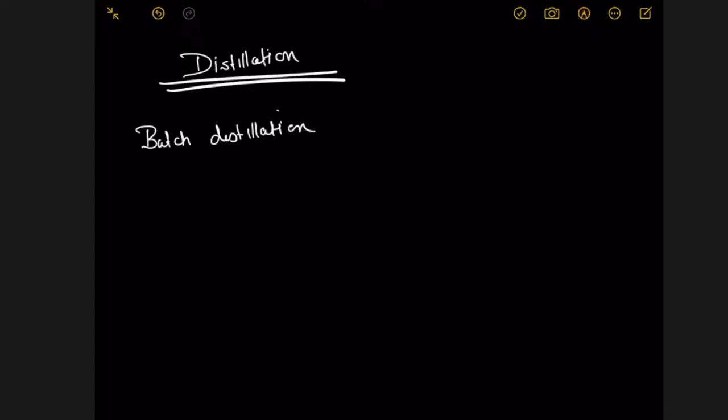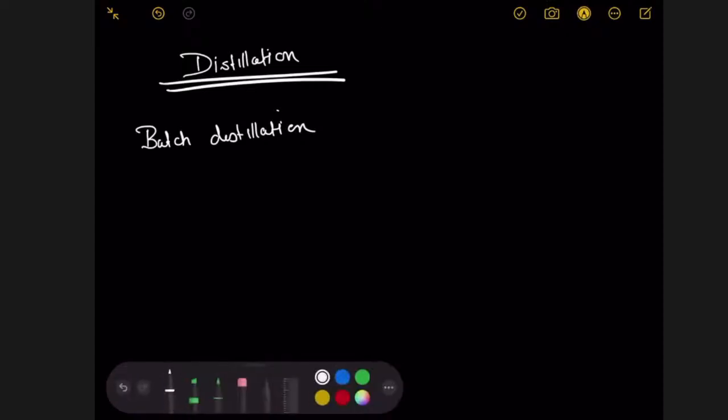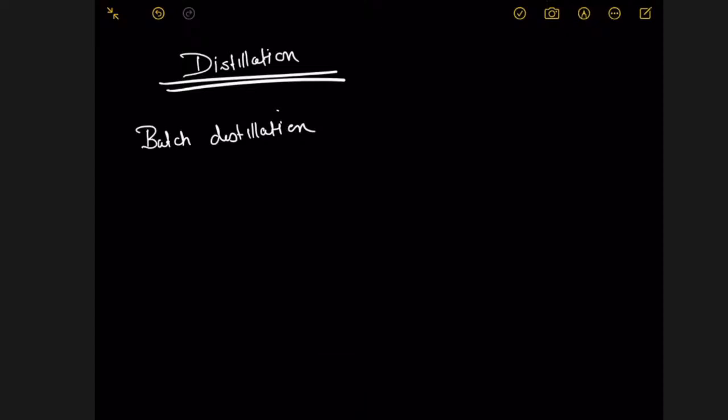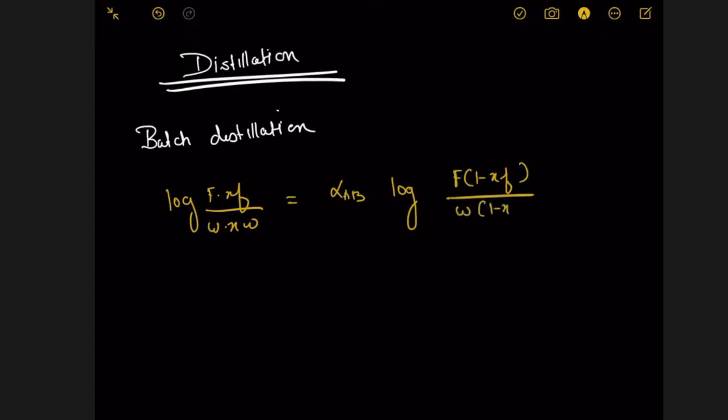From batch distillation, you have to remember one formula: log of F xF upon W xW is equal to the relative volatility times log of F(1 minus xF) upon W(1 minus xW). So if you solve one question from this part,